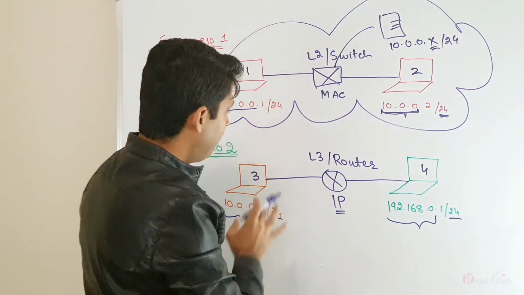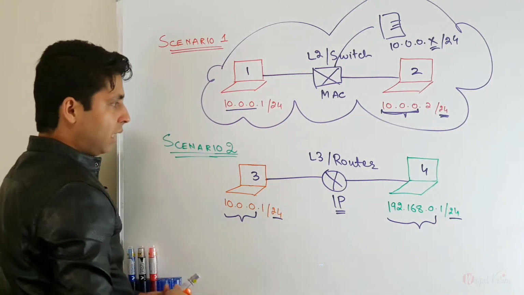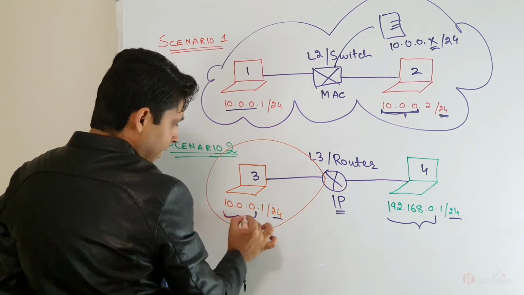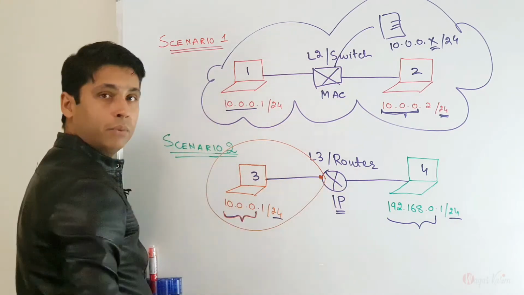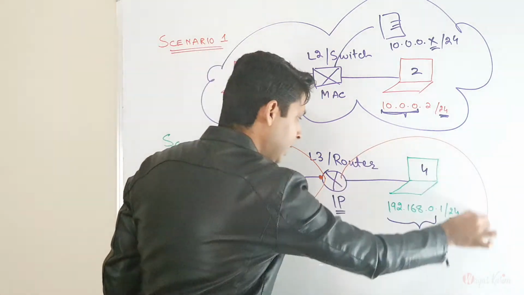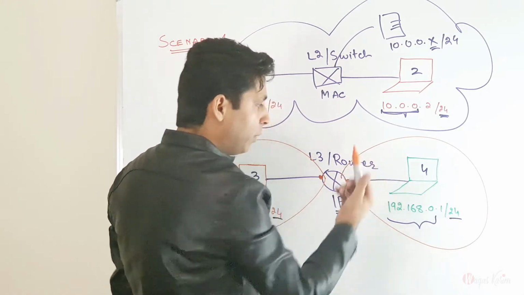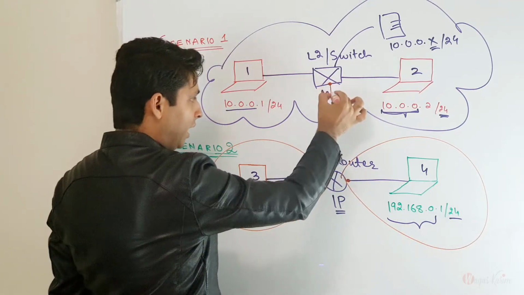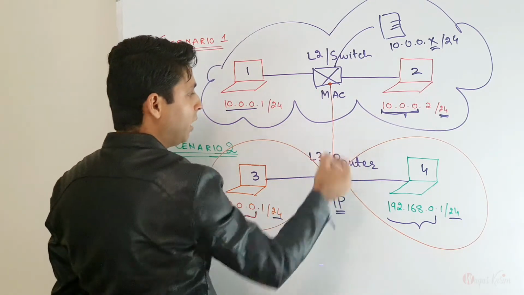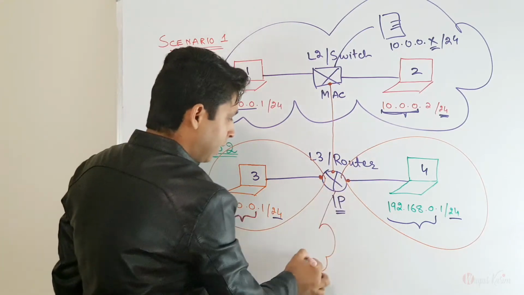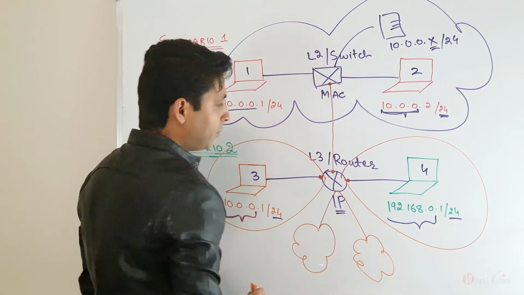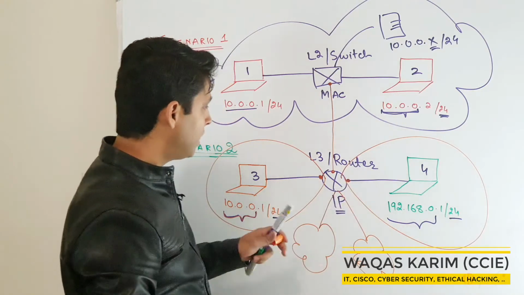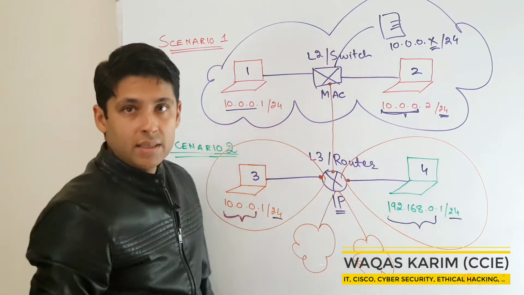This is one network. While in case of this router scenario, this layer 3 scenario, this is one network including this computer and this port of the router. Also including this device and this port of the router, there are two member devices. This is also one network. So here we have two networks. Also we can take a cable from here and connect it with the switch. So this will be a third network. We can also connect another network here, another network here. Which means the router is a central device which connects different IP networks based on layer 3 addresses, based on logical addresses.